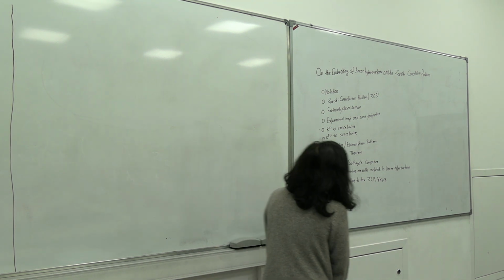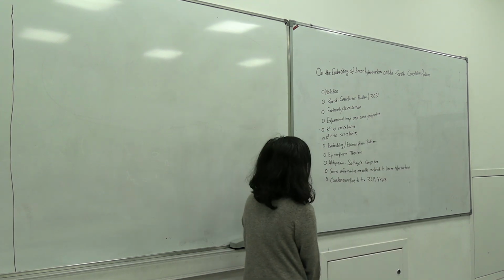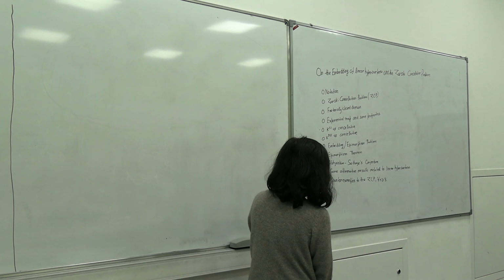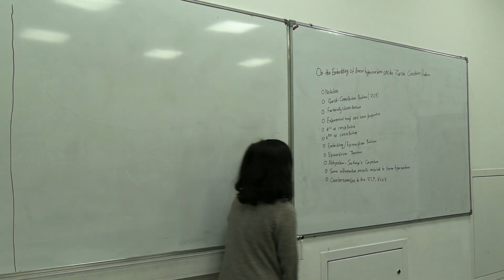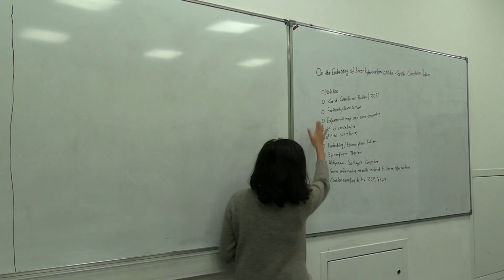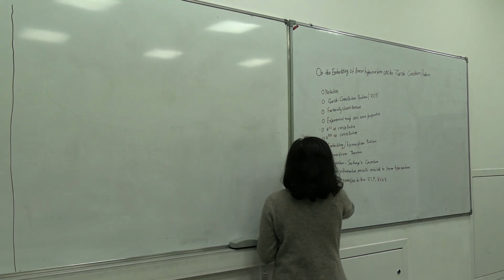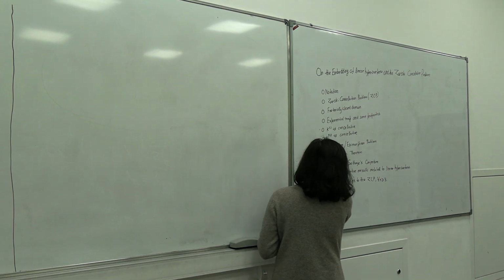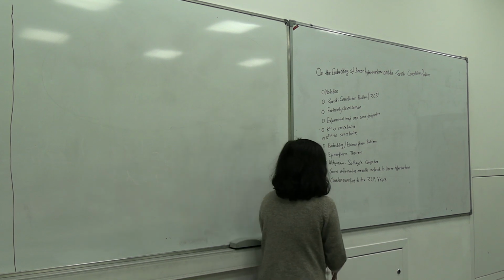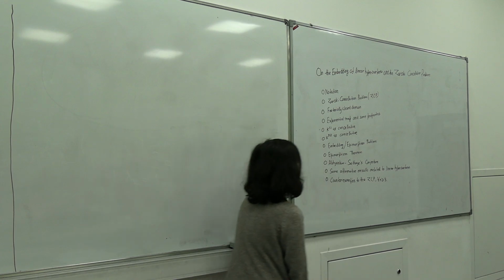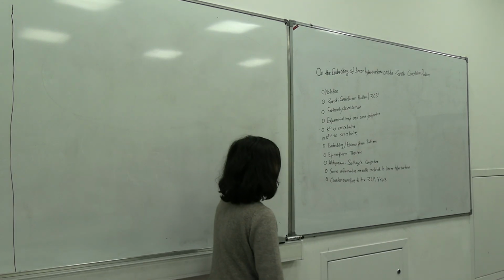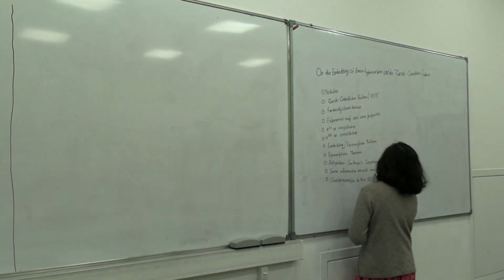So today the talk is on the embedding of linear hypersurfaces and the Zariski cancellation problem. This is the plan of our talk. First we will discuss some notation, then we will state the Zariski cancellation problem, then we will recall some definitions, and then we will show that K1 is cancellative, we will prove that K2 is cancellative, and then we will discuss the embedding problem, the epimorphism theorem, the Abhyankar-Sathaye conjecture, and I will display some results concerning them. At last we will see counterexamples to the Zariski cancellation problem for all n greater than 2 in positive characteristic.